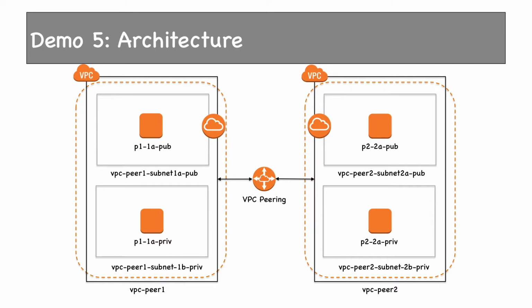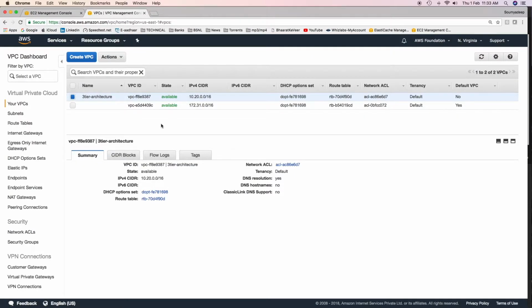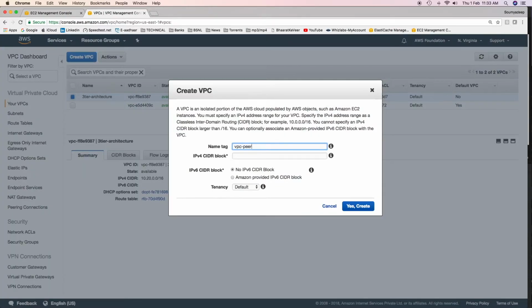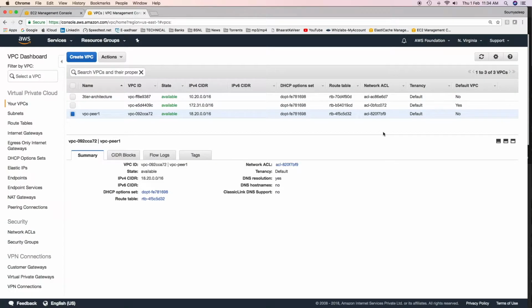Then we'll create an architecture so that this instance allows SSH from this instance and this instance from the other VPC. Likewise, this instance will allow SSH from an instance within the same VPC and SSH from another instance from the different VPC. Go ahead and create the two VPCs. I'll have to make sure that the CIDR blocks do not overlap. I'll create the second VPC in another region, Oregon.